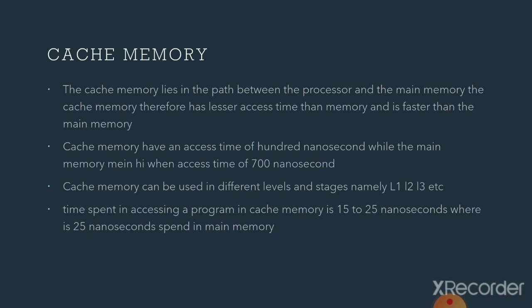Okay, so what does this memory do? Whatever instructions are required frequently by your CPU will be stored in cache memory and will be provided to the CPU whenever required for execution. So instead of looking in main memory again and again, the processor, or control unit, will look in your cache memory instead of main memory.